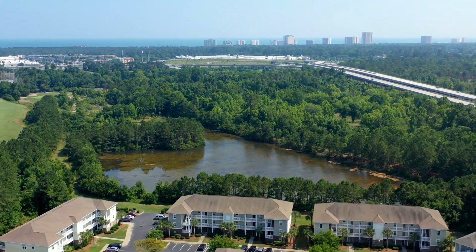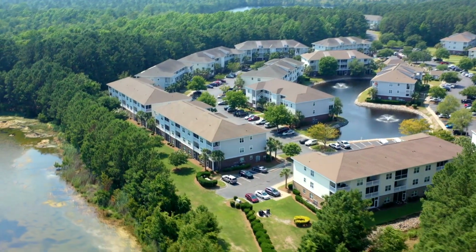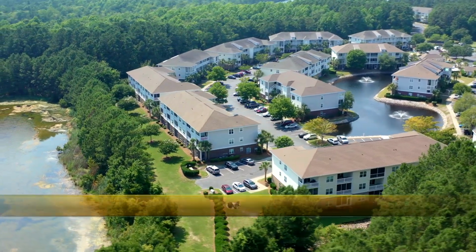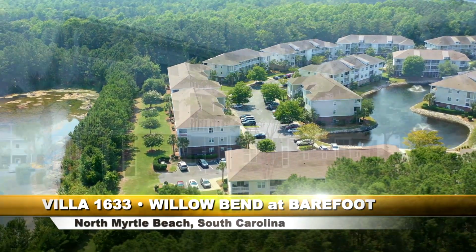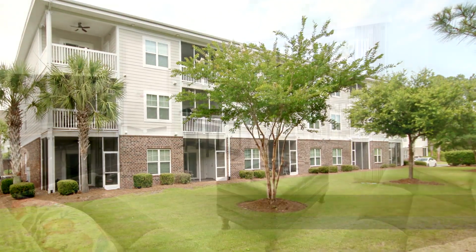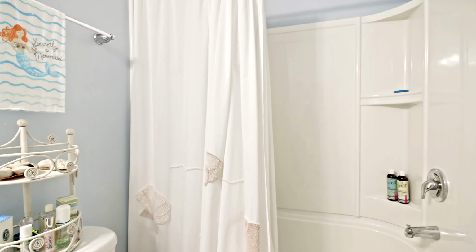With exceptional pond views and wooded surroundings, this cheerful top-floor golf villa offers a convenient location and a private and peaceful setting. Mostly furnished, featuring 2 bedrooms and 2 baths with vaulted ceilings, this unit sits in the Willow Bend community of